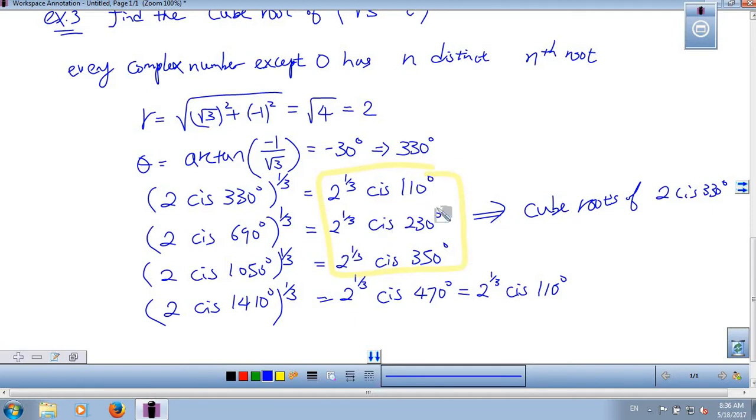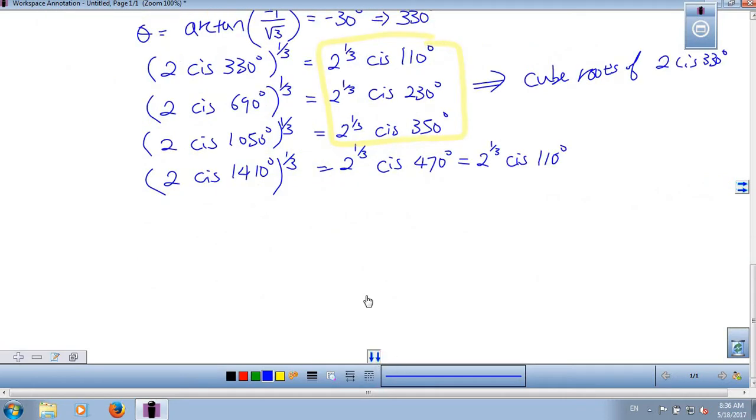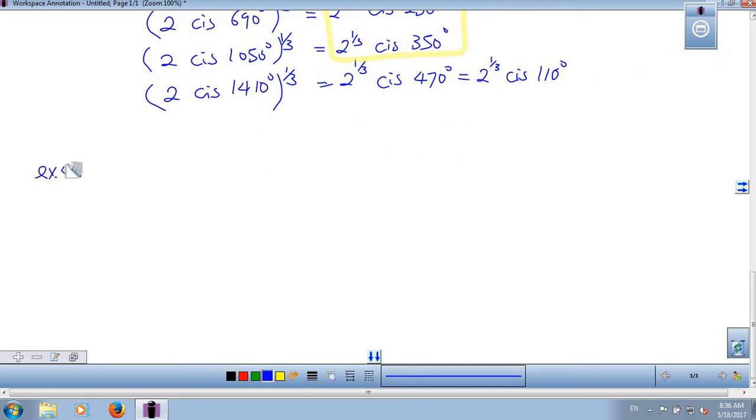So this is the way that we want to take any kind of roots, like cube roots. If we want to find cube roots, 4th root, 5th root, however many roots, even square roots. Square roots, you have 2 roots, okay? So this is the pattern that we want to go ahead and use. So let's do one more example here. Let's say we have the problem